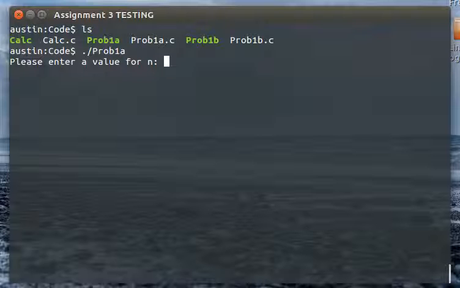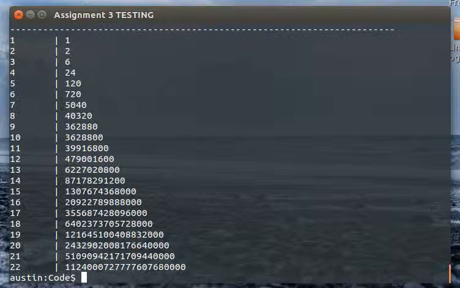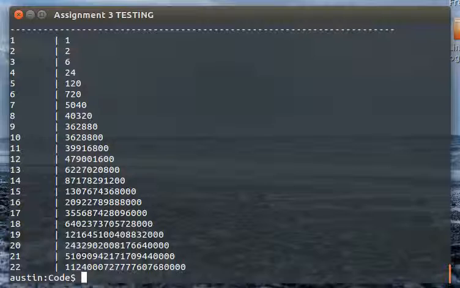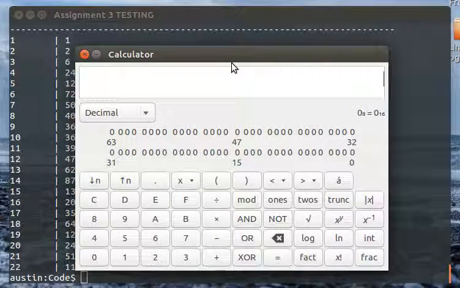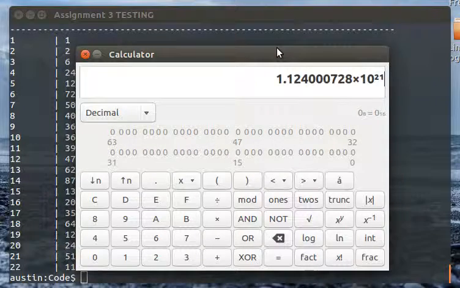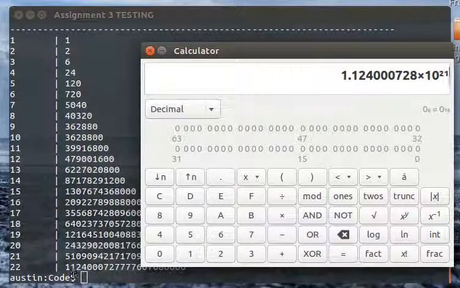1A is the factorial. We'll just do something simple, maybe 22. And we can see here that it gives not only correct output, but the desired output. How do we know that it's correct? Well, let's just pull up the calculator here. So the value is 22. 1.12 times 10 to the 21. That's,